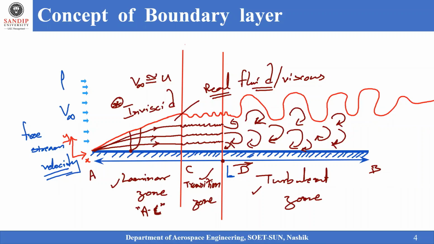Whereas in the laminar zone, flow lines are parallel to each other, in the transition zone, flow disturbance slightly initiates, but it is neither laminar nor turbulent. Whereas in the turbulent zone, the flow disturbance completely propagates and increases, and it continues to propagate and the flow is completely disturbed in this zone. So that zone is known as turbulent.